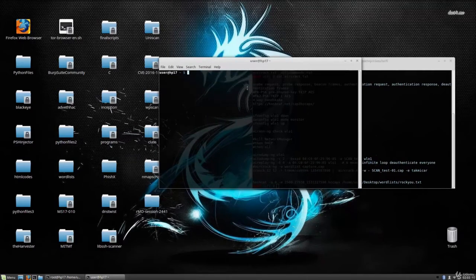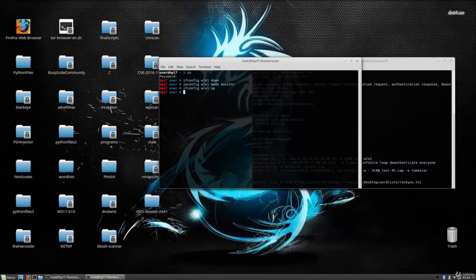card into monitor mode. Now that we know how to do it, I will just go over it briefly. So I have ifconfig, then my wireless network interface, then I put it down, then iwconfig, my wireless interface, and then mode monitor in order to put it into the monitor mode. Since, as I already said, it is by default set in the managed mode, and in the monitor mode we can inspect all of the packets around us. So we need a monitor mode, so let me just put my interface back up now, and we are good